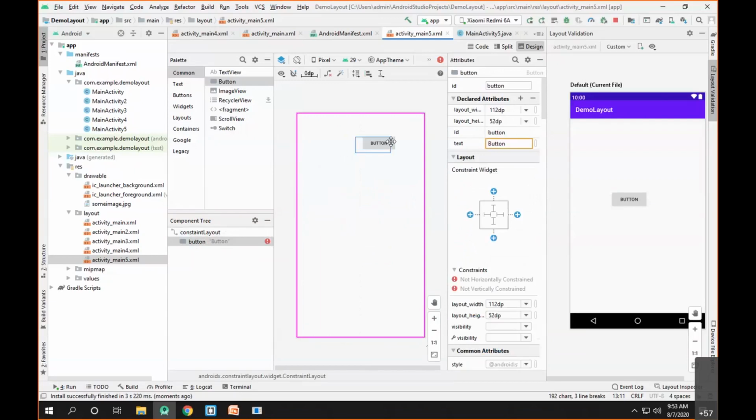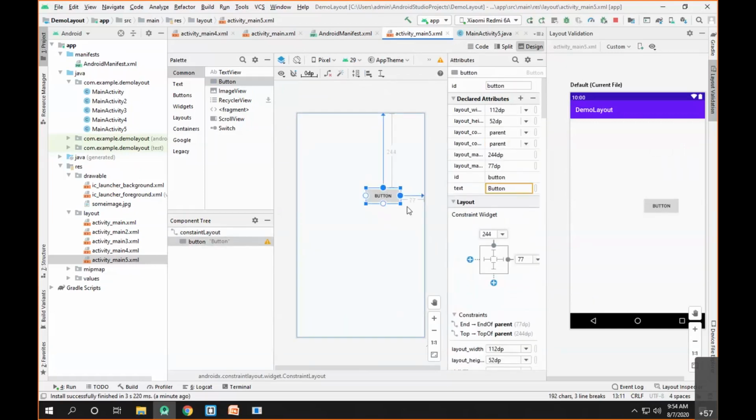Now let's say I add the button here and I want to automatically add the constraint. Simply add any view at some point and then you can click on here. This is called infer. You go on adding views at any point, and after clicking on the view, if you click on infer constraint, it will automatically add the constraint at that particular position.